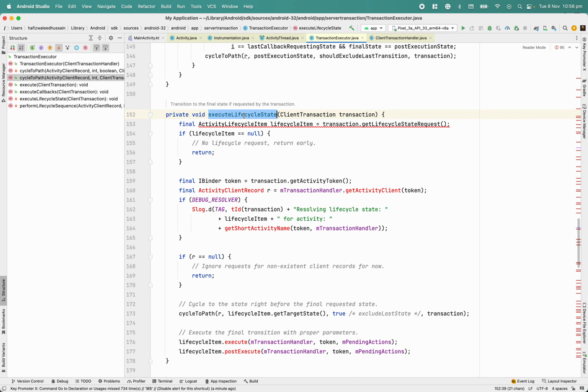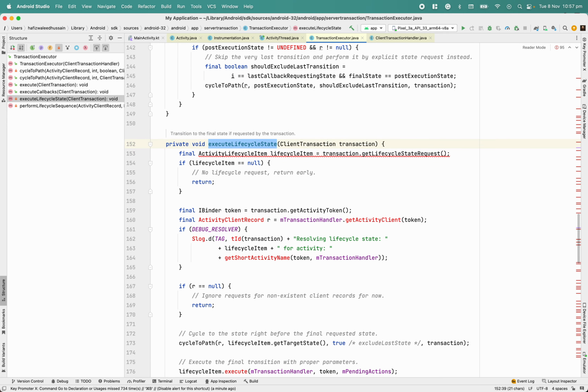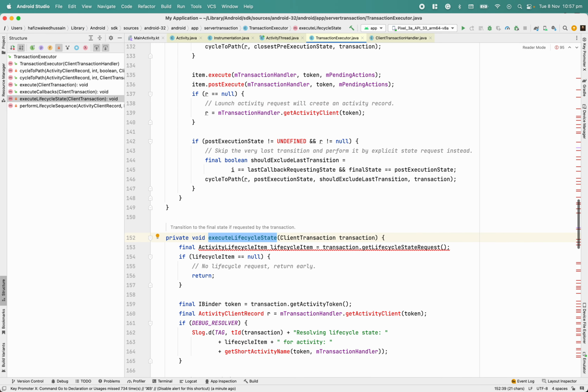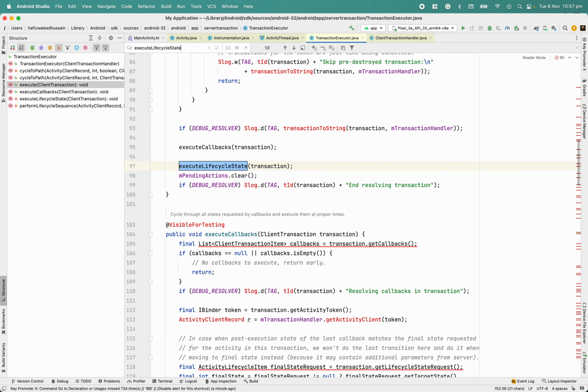This one is again a private method, it's getting client transaction, playing with something here. So we need to check who is calling this. Execute lifecycle, again this one is a private method, should be called somewhere here. Okay,